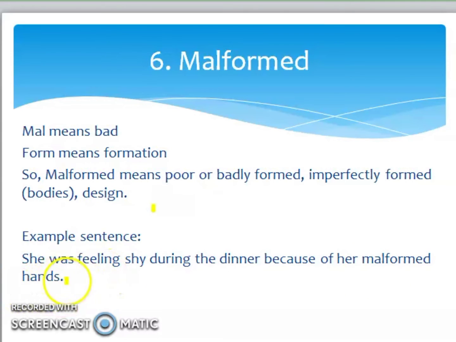So maybe you know someone amongst your friends, family members, relatives who is malformed. Any body parts that are malformed. So in this case, she was feeling shy. Why? Because her hands were malformed. Now hands are malformed means that the fingers might be malformed, there might be extra fingers, or due to any incident it could be damaged and it looks ugly, so that is malformed. Okay, moving to the next,